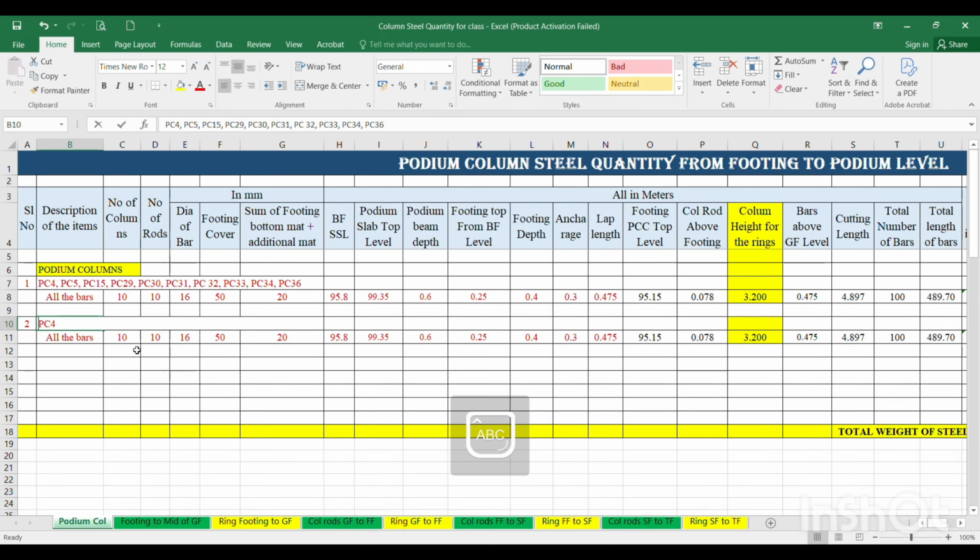This is PC 3, comma PC 9, comma 35. So like that, these are the 7 columns. Total 4 plus 3, 7 columns are there. So number of columns is 7, and the same number of rods as it is, 10 and 16 dia, and